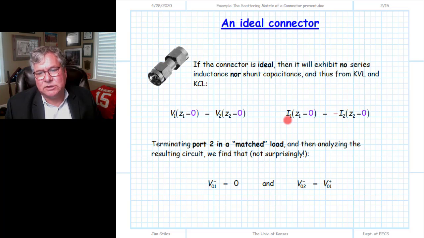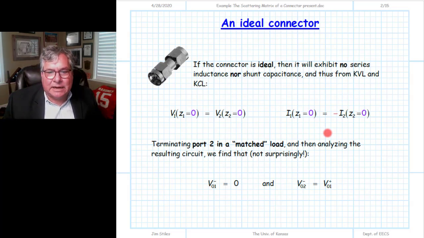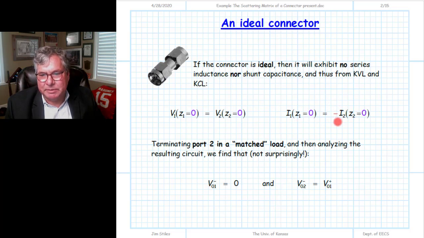And we have a KCL result which says that I1 is equal to the opposite of I2, and that's because of how we defined the currents going in, where they are positive as moving toward the port planes, so they're pointed in opposite directions. KCL says that I1 must be opposite of I2. And this again is because that ideal connector exhibits no series inductance, capacitance, resistance, or anything. It's just a perfect conductor wiring from the top conductor of one transmission line to the other, and likewise